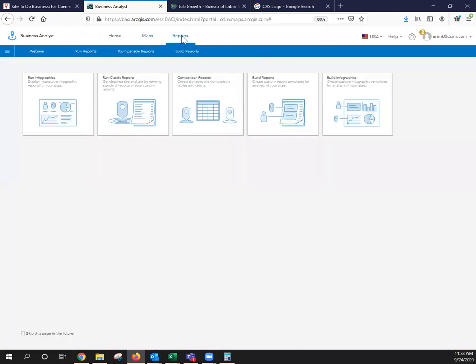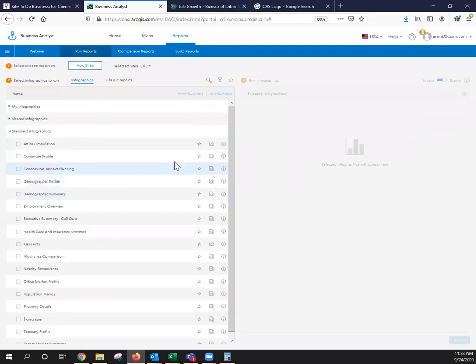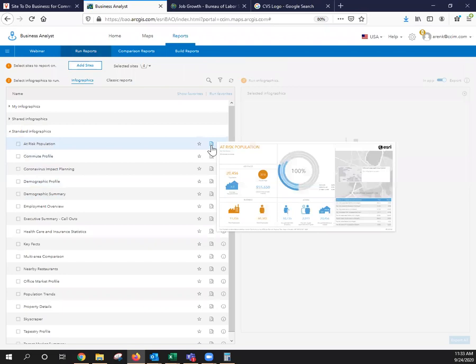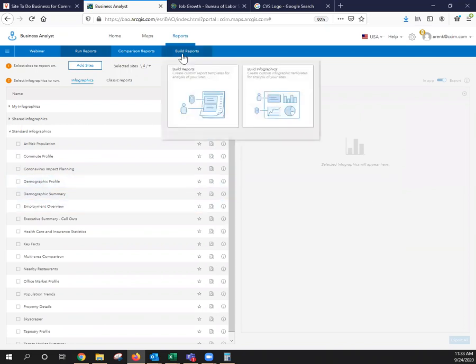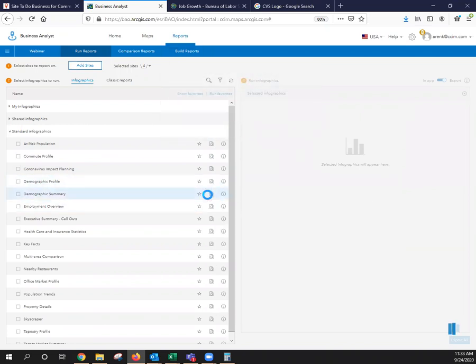We can select this report section, and we can hit Run Infographics. You can use this little PDF symbol next to infographics to pull up an individual infographic and see what it looks like. You can also use this Build Infographics and select Build Infographics